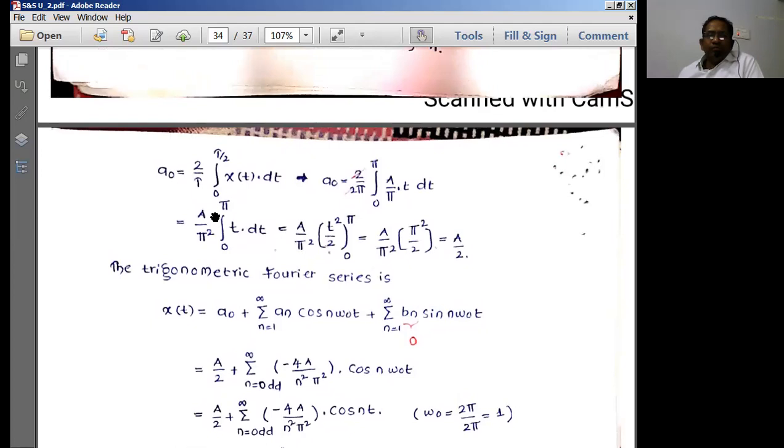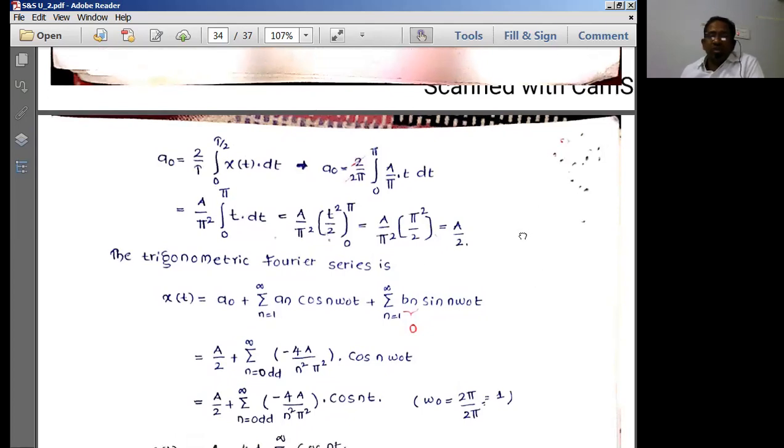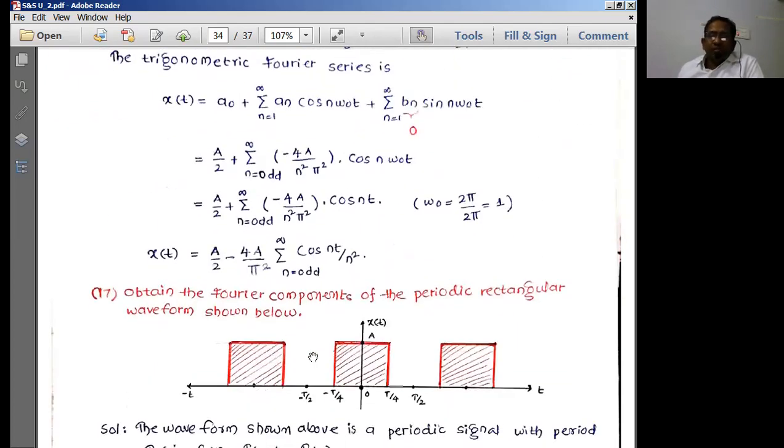If you mistakenly or forgetfully write the integral of minus T by 2 to plus T by 2 as 2 into the integral of 0 to T by 2, then what will happen now? I'll simply get A only here. So the answer is going to become a little bit wrong. Therefore, you should be careful. You're going to lose 1 or 2 marks for this. Some people will cut 1, some people will cut 2 marks.